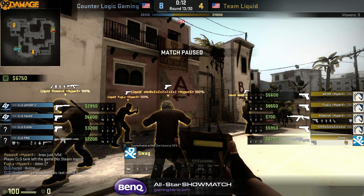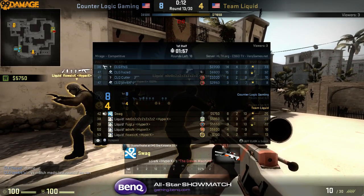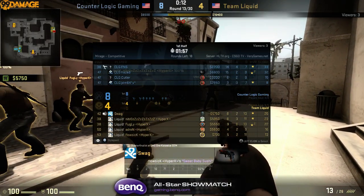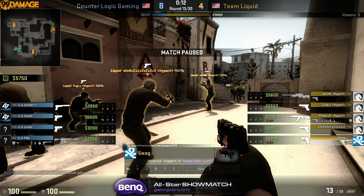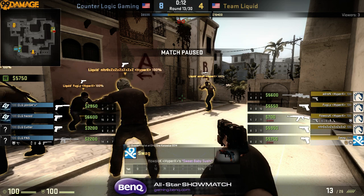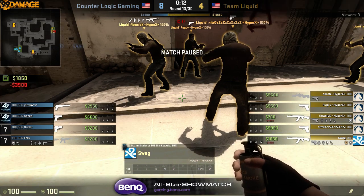Tarek actually loses his Steam login on top of that. Let's see what the admins are doing with that. The players are already talking to the admins, and yeah. So they are calling for the round restart, which is really obvious, even though Liquid would be fine with the